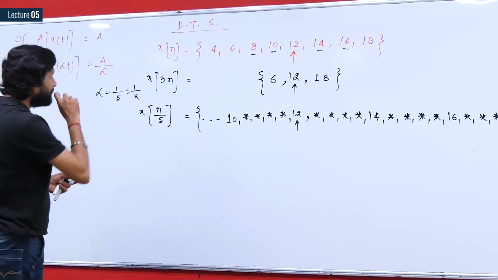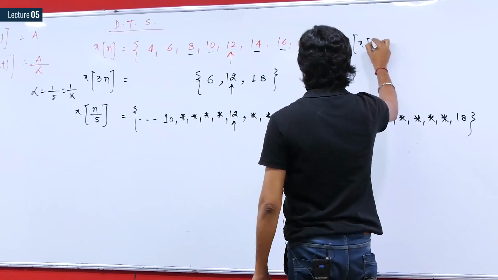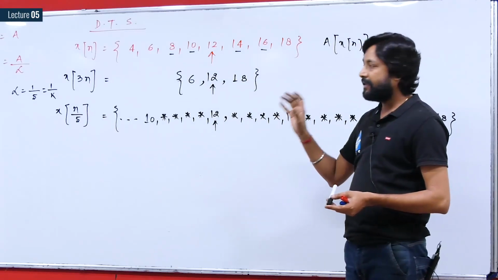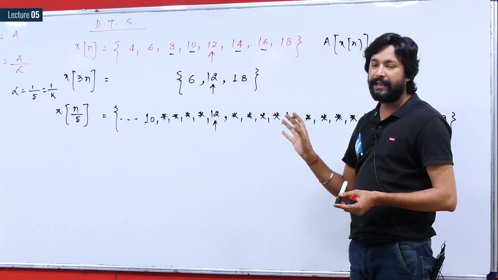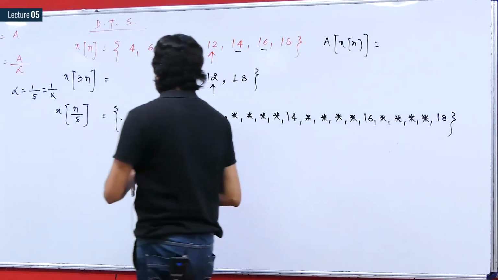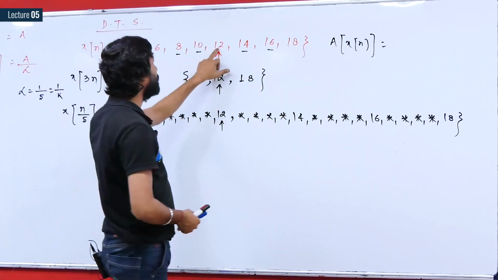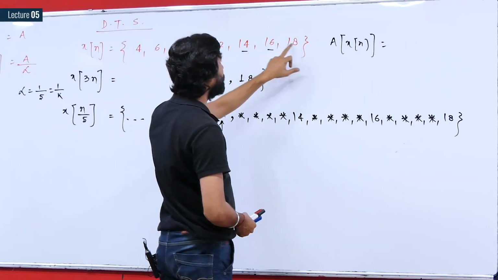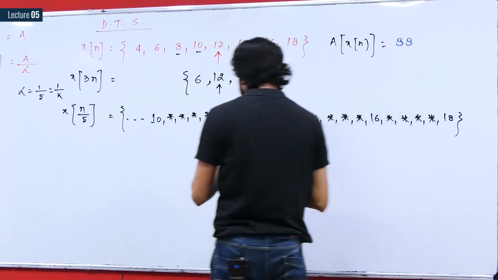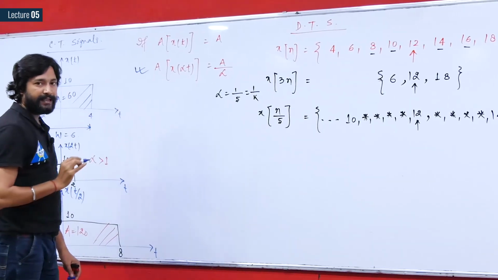Now if you define the area of x of n, what is the area of x of n? Area of x of n is the summation of x of n from minus infinity to plus infinity, that is, whatever values are in x of n, you must take the sum of all of these values. So if you see here, the total area of x of n signal is 4 plus 6, 10, plus 8, 18, plus 10, 28, plus 12, 40, 54, then 70 and then 88. So the area of x of n signal is 88. Now you don't have any such relation for area as you have in the case of a continuous time signal.